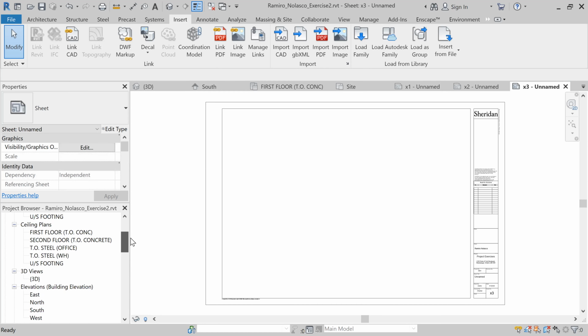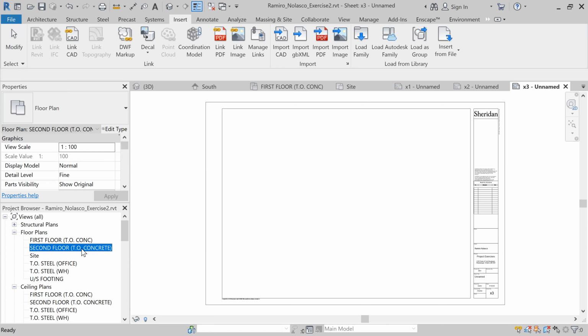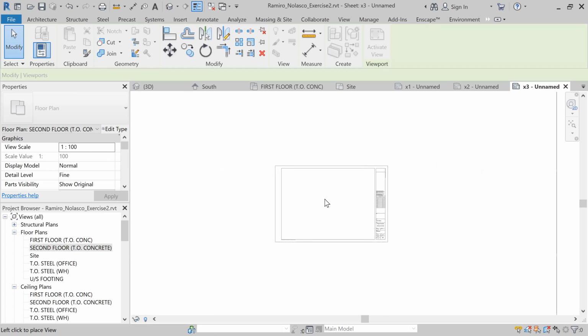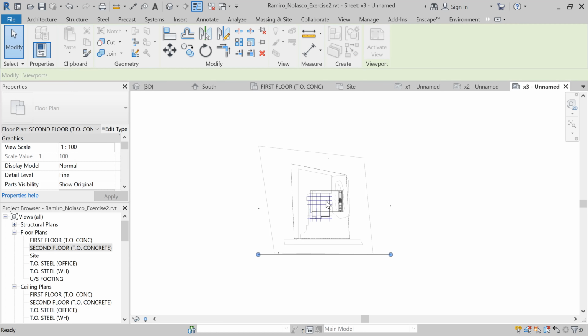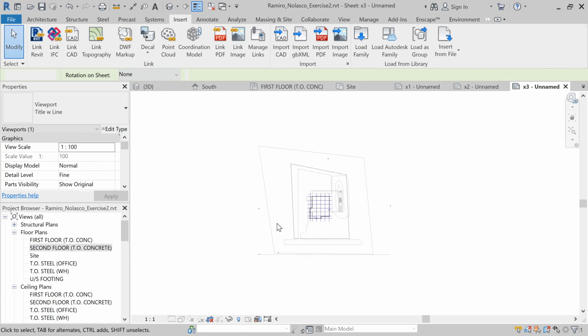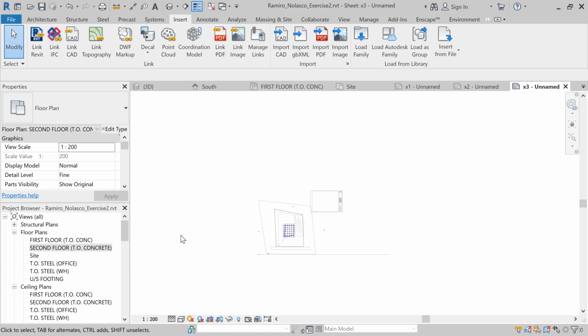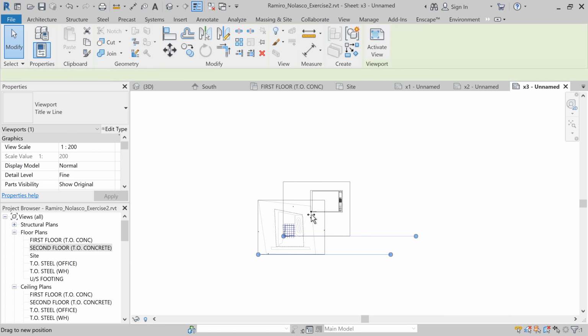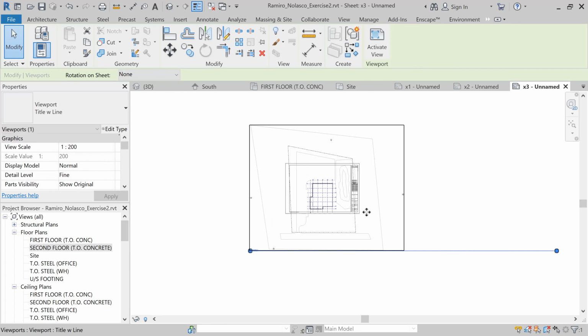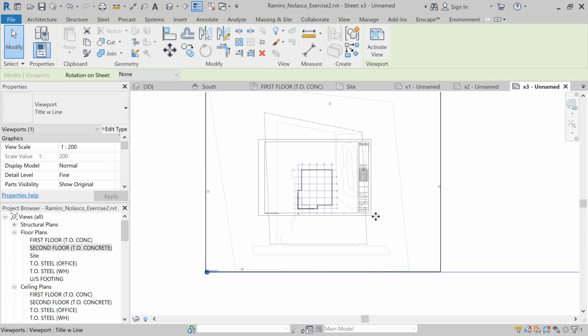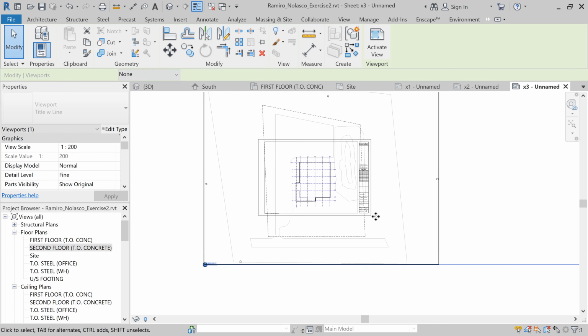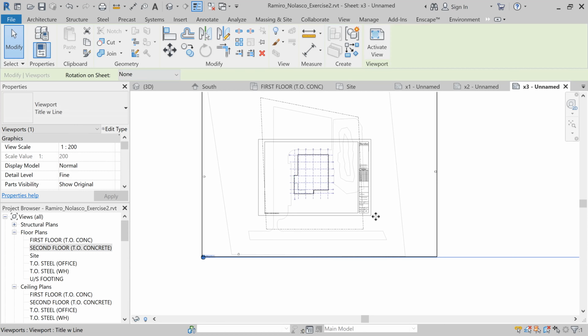And then go to your view and drag it into your sheet. Zoom out. Okay, double click, change this to 1:200. Okay, double click outside and nudge it using the arrow keys. Center, double click inside,